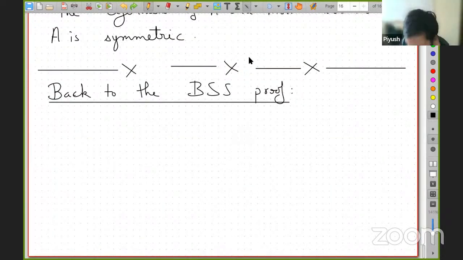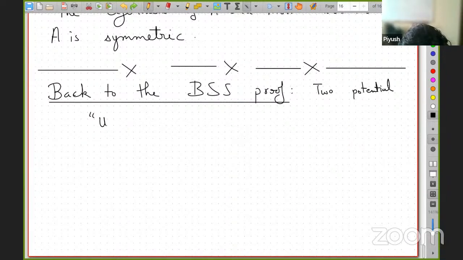Yeah, so the proof will use two potential functions, inspired from the previous calculation. So there will be a so-called upper barrier and lower barrier. So we have two potential functions. So the upper barrier